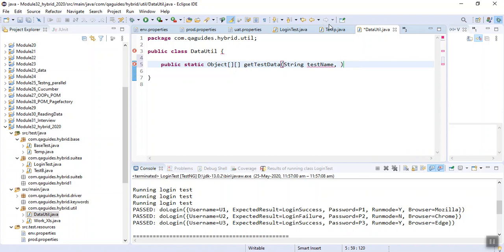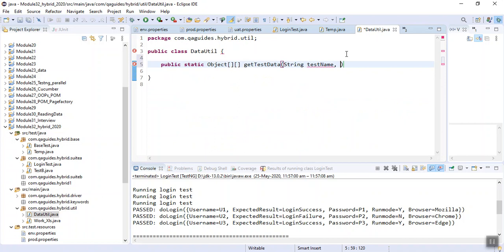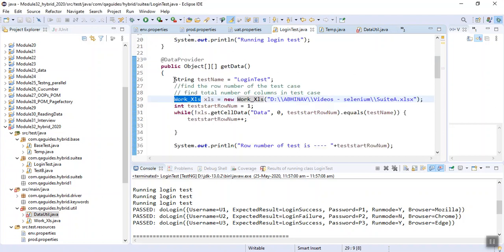We will create the object of our XLS reader class here. So we will supply two values: one is the test name and the other is the XLS class object. And this will return us a 2D object array. Okay. So now this function will have the same logic which we wrote here.